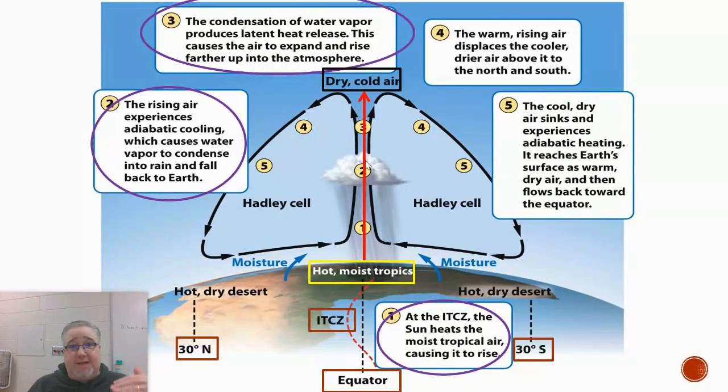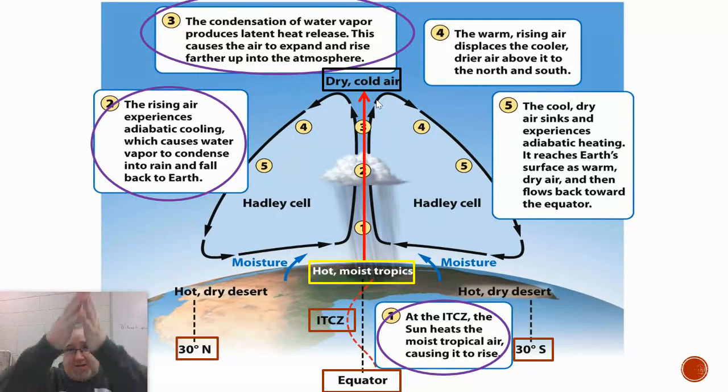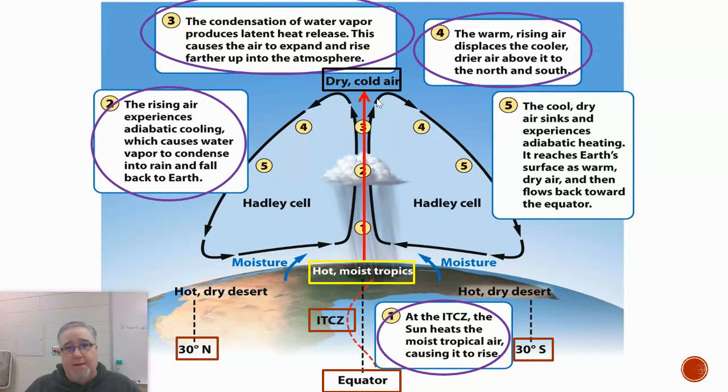Now, once it gets to the top of the Hadley cell, then it starts to fall. It doesn't fall straight down. It doesn't displace the air that's rising, but it tends to drop towards a southern latitude or towards a northern latitude, which again would be 30 north or 30 south. All right, but again, as this colder air tends to sink, it's going to come closer to the surface of the Earth, but it's going to warm up as it sinks,